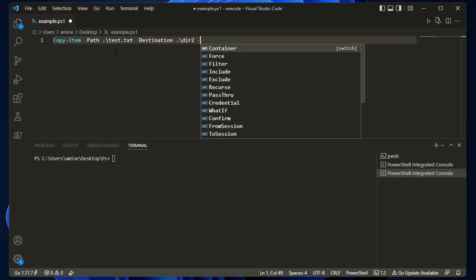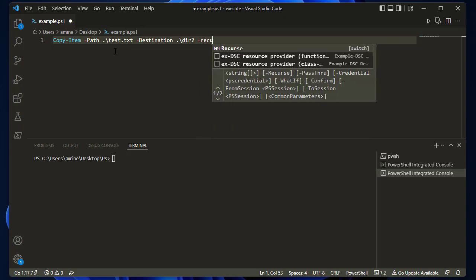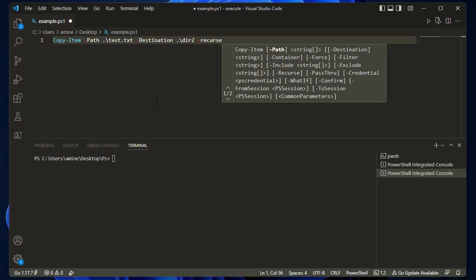And also a very interesting parameter is recurse. This recurse parameter will allow you to actually copy all subdirectories of a directory. So let's imagine here in the path we have a directory, and you want to copy all its subdirectories and files. So you have to use the recurse parameter in order to copy all the subdirectories and files inside it. So all the content of the subdirectories will also be copied. Okay,